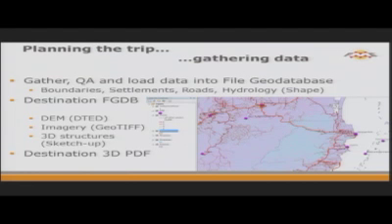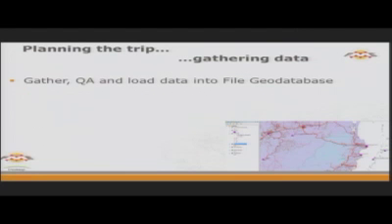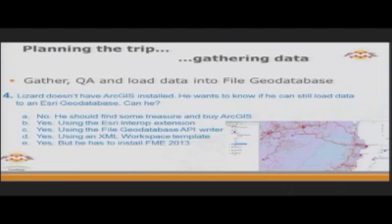So he wants to gather together a whole bunch of data. He's found some boundary settlements, road networks, and hydrology. He's going to clean that up and load that into the same file GeoDatabase he's just put his attachments into. And then he's out there found some DEM imagery and stuff, and we'll try and help a 3D PDF in a moment. So in that process of gathering together all the data and loading it into the file GeoDatabase,